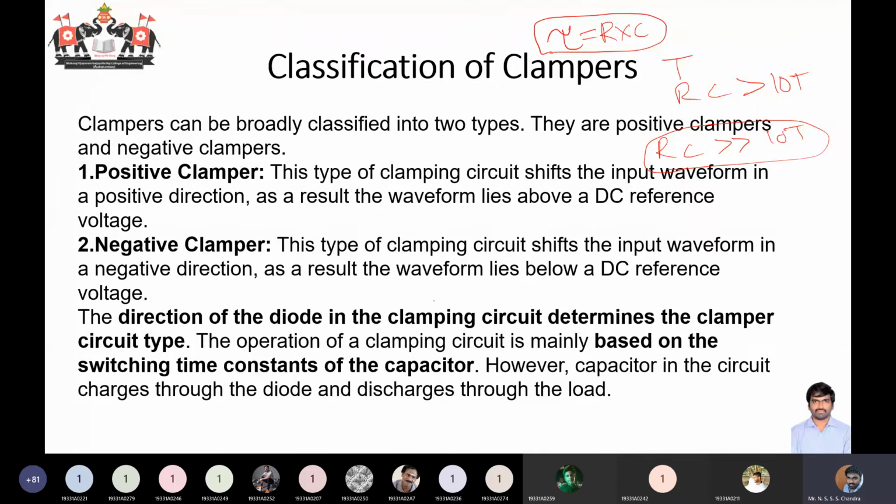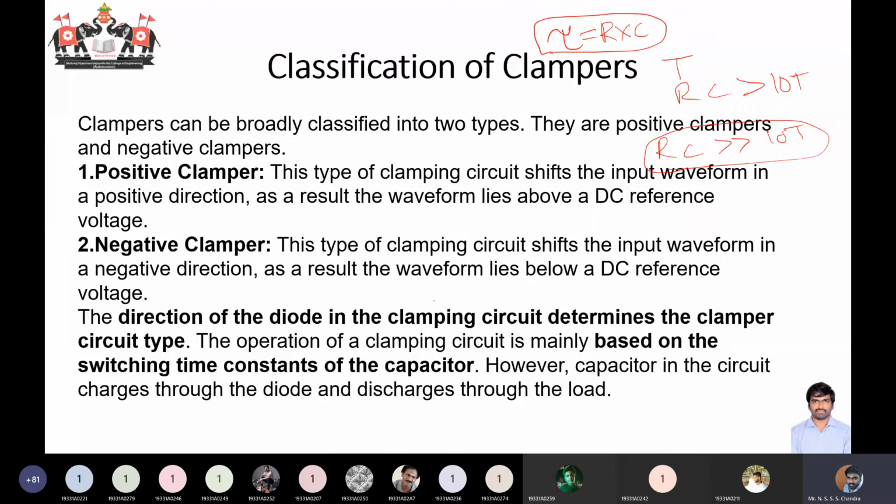Now this capacitor is going to provide either the plus V reference voltage or the minus V reference voltage for the circuit. So we'll be keeping this capacitor in series with your input voltage source.